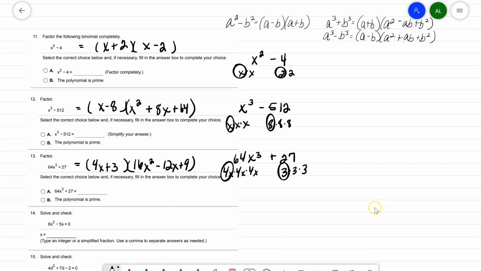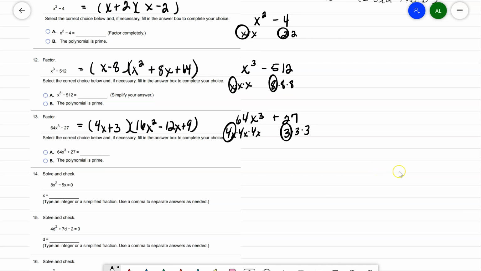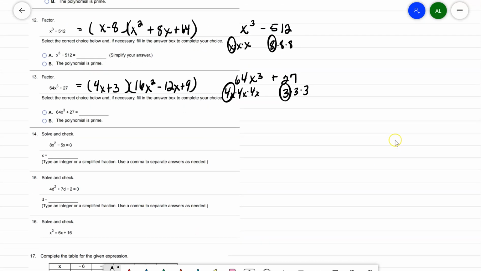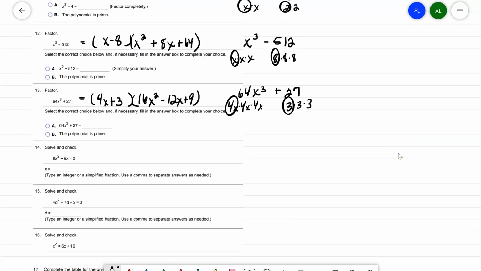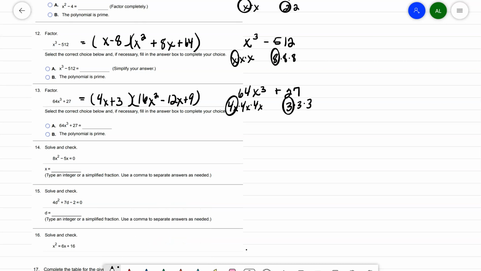Now we're going to move to solving equations, but in order to be able to solve equations correctly, we have to know how to factor correctly. So taking the first equation for number 14,